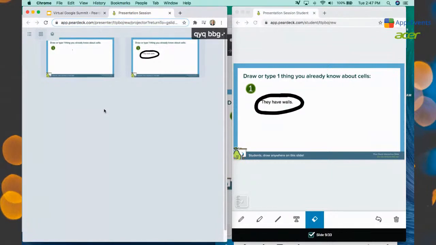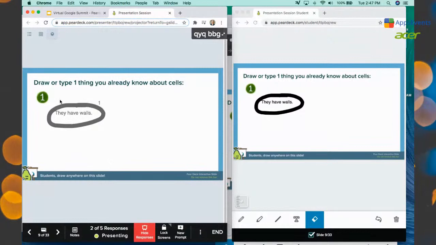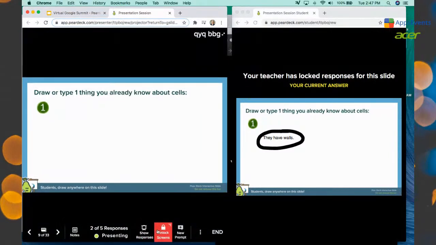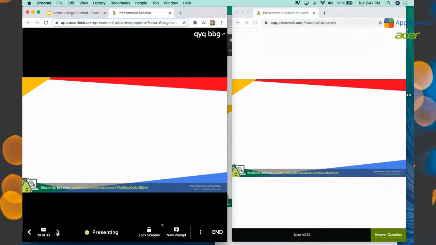So almost like the Apple iPad classroom tool, where you can sort of see the screens and what students are doing, or you can look at overlays, which we'll see why that might be useful, and see things as they're coming in. So I'm going to lock our drawing screens so we're ready and hide these responses. And then the next type that we have is a fascinating look at